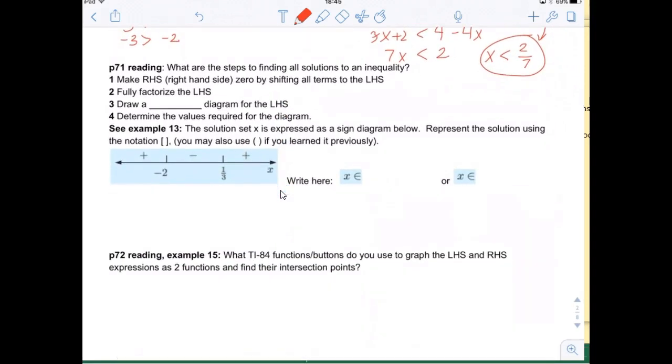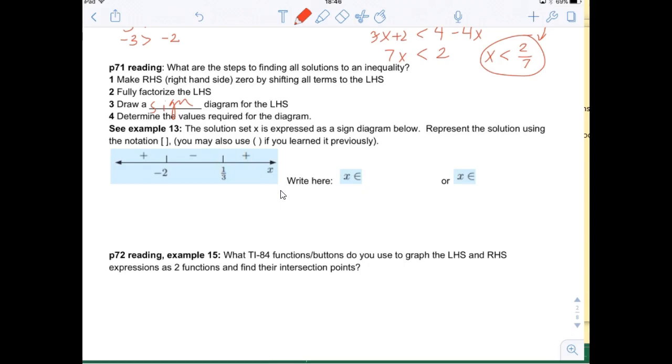Page 71 reading. What are the steps to finding all the solutions to an inequality? First, make the right-hand side, RHS, 0 by shifting all the terms to the left-hand side. Fully factorize the left-hand side. Draw a sign diagram for the left-hand side. Determine the values required for the diagram. Okay, so